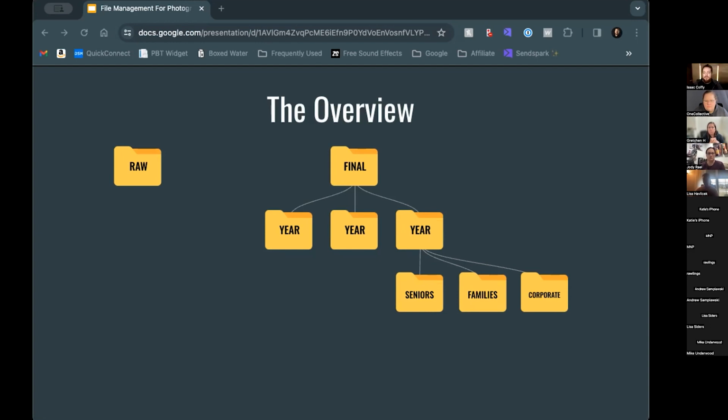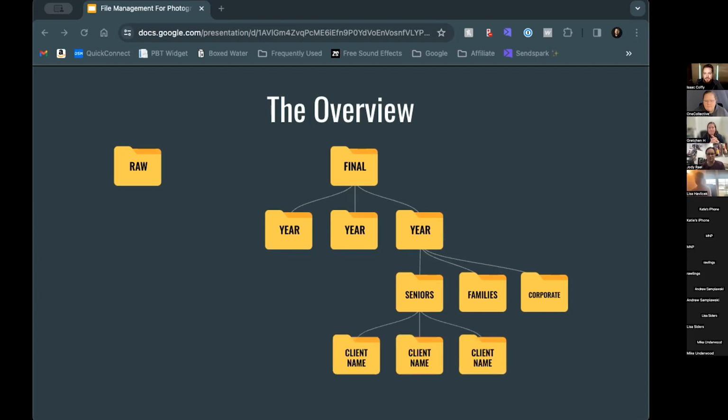So then the final last layer of all of this is the client name. That's pretty simple, right? Just finally ending with that inside each genre, dividing by client. So this is kind of the moment to definitely screenshot. But yeah, that's kind of, again, the overview. If we're looking at just my raw files, my final files, this is how they are divided. And this, again, will allow me to just kind of weave through and find the things I need to find,